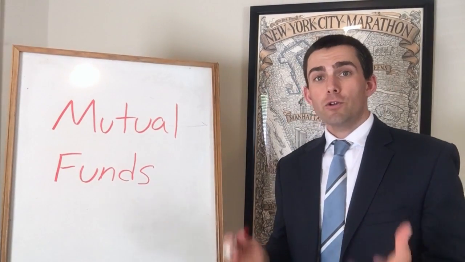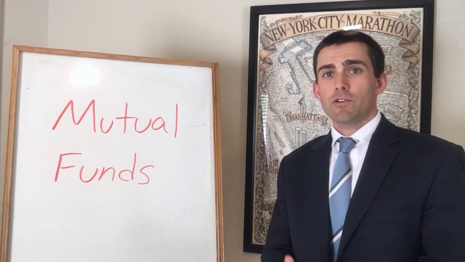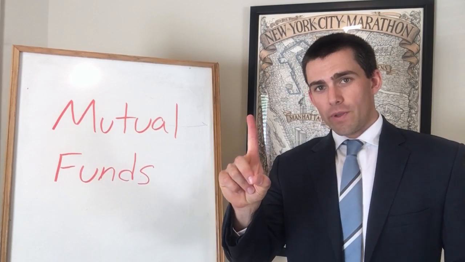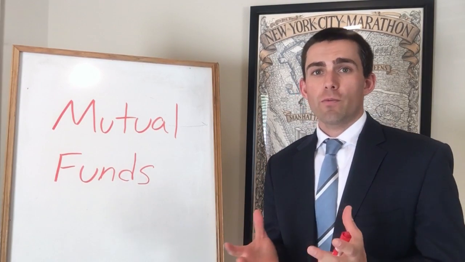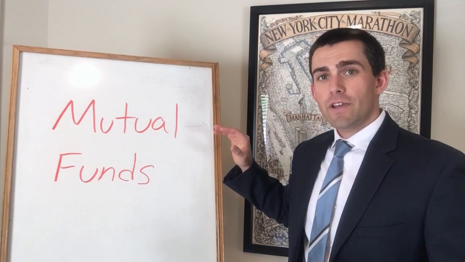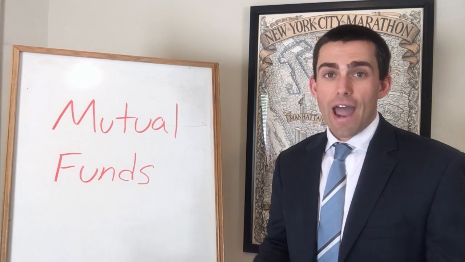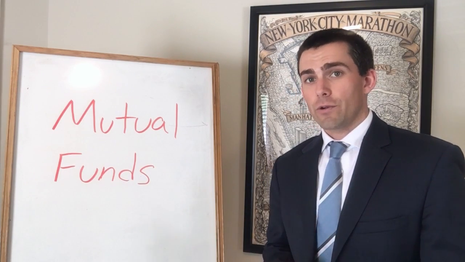So last one, mutual funds. What is a mutual fund compared to an individual stock, and then what is a mutual fund compared to an ETF? Well, an individual stock is one company. An ETF is 20 to 30 companies all put in one basket. A mutual fund could be upwards of 150 to 200 different companies all collected together, and it's a style of active management because they have the mutual fund managers in there selecting different companies for you.